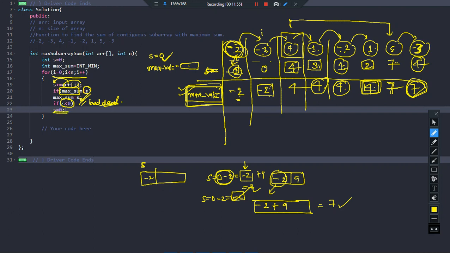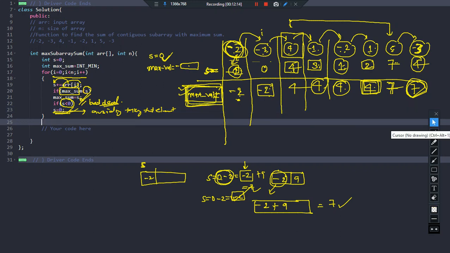So make s equal to 0, which means you are avoiding taking that element. Just remember like this. Getting the point? And finally at the end we should return the maximum value by this algorithm, so return max sum.